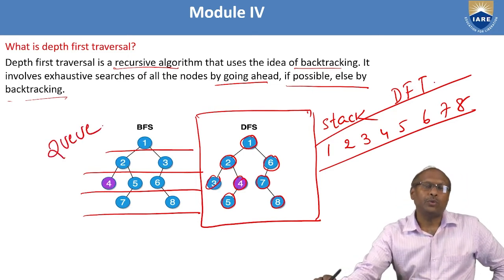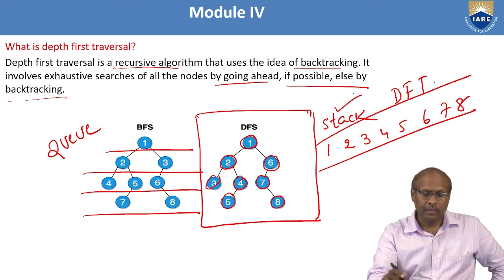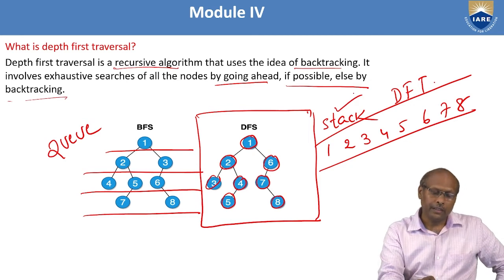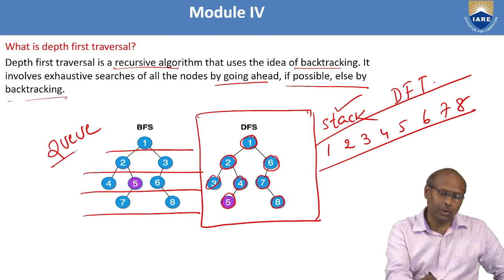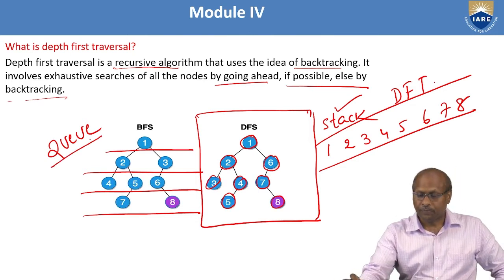Sometimes they may ask a question: which additional data structure is used by DFS? Then you should say stack. Or they may ask: which additional data structure is used for BFS, breadth first search? Then you should say queue. Okay. Next,